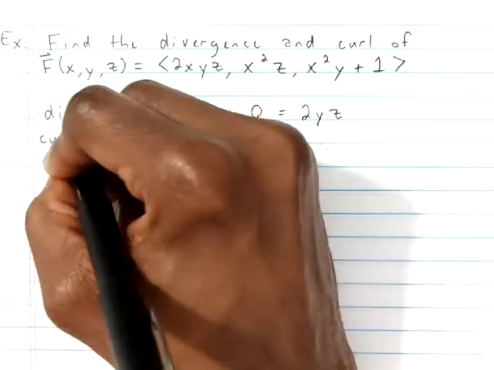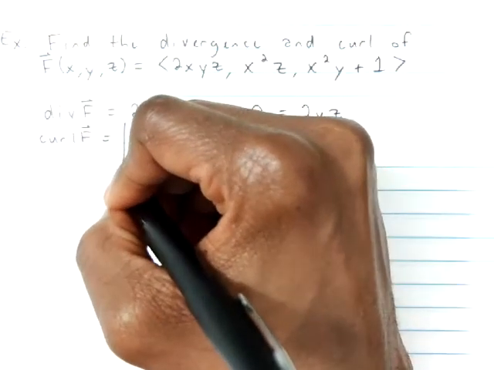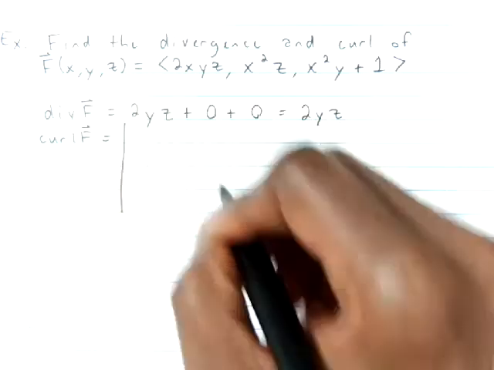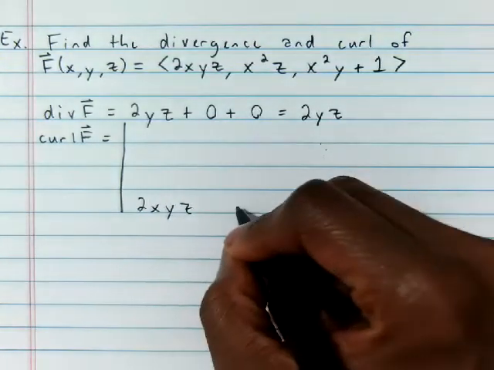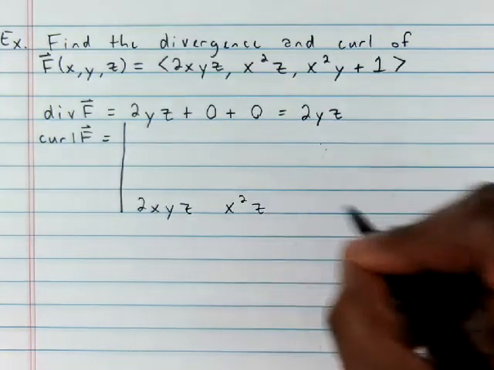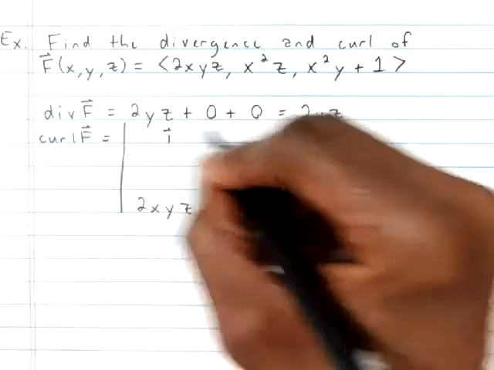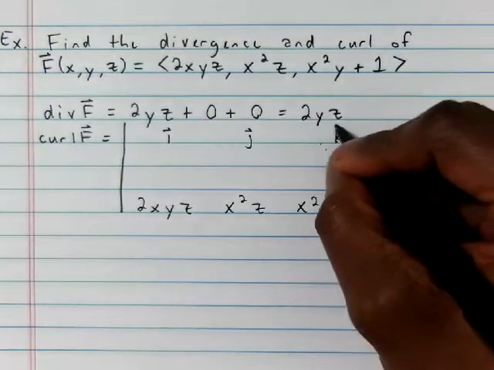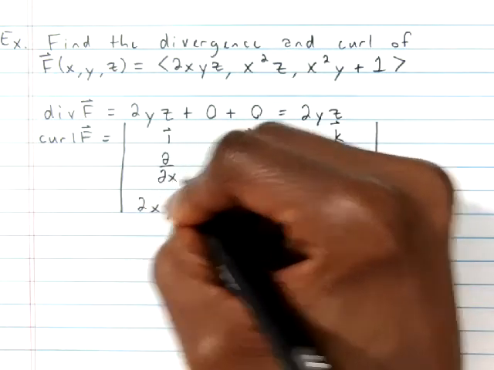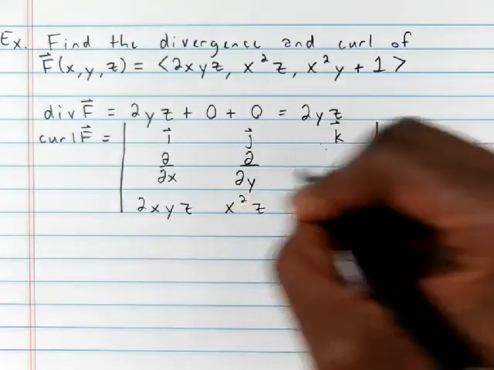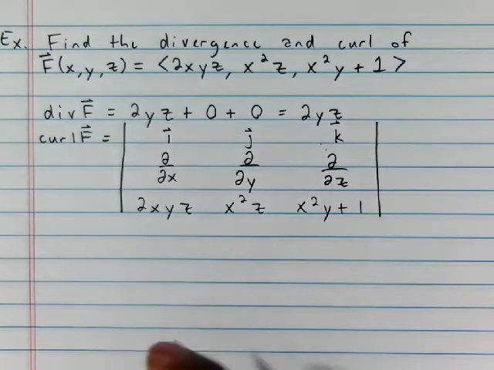So the curl of F equals, so we have 2xyz and x squared z and x squared y plus 1, i, j, k, partial with respect to x, partial with respect to y, partial with respect to z, and this equals,